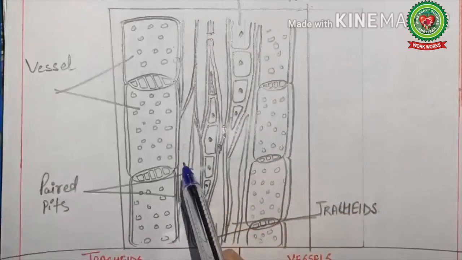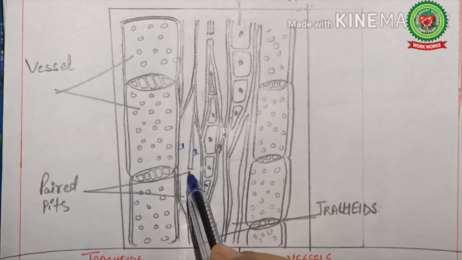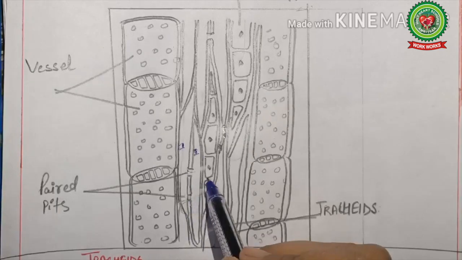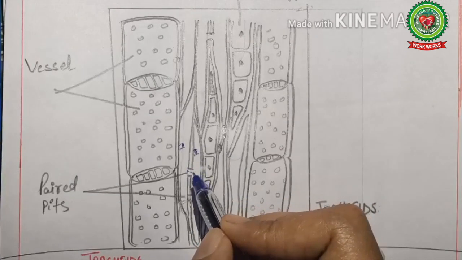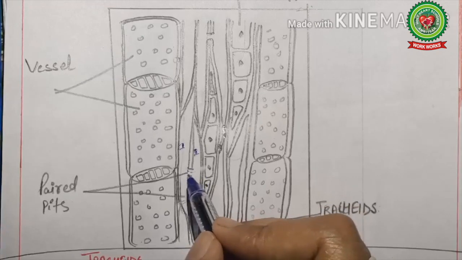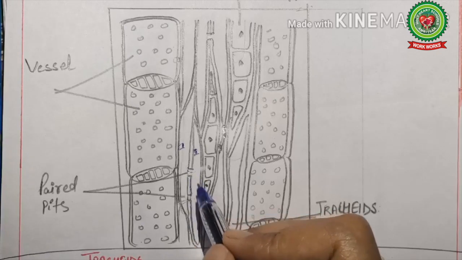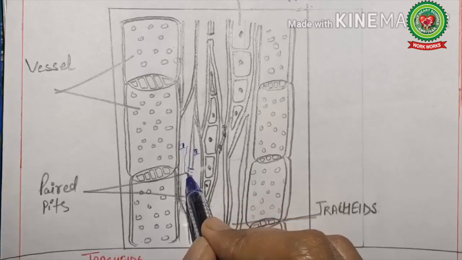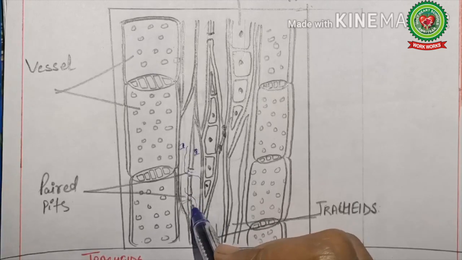Now, here you can see this is a first tracheid and this is second. Here the longitudinal wall is having pores. These pores are paired pits. Pits are always present in the form of pairs. Actually, one wall is having one pit, second wall is having second pit, and through these only the conduction takes place. So pits are always present in the form of pairs. These are representing paired pits, and like this the water will be transported in case of tracheids.